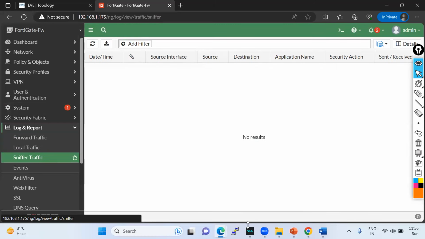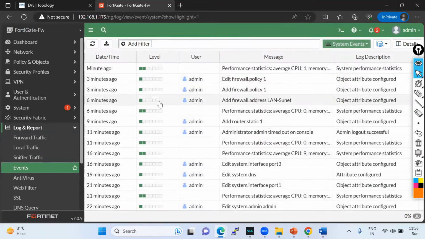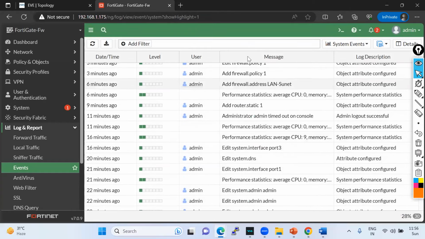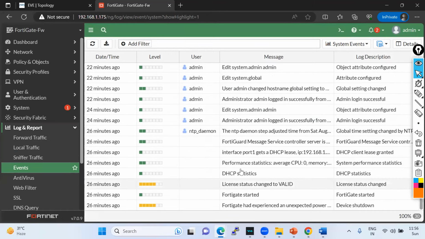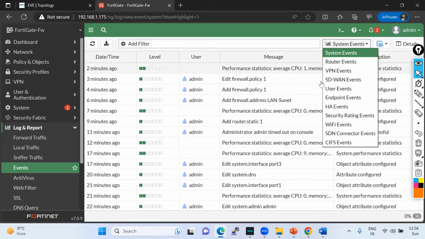All communication, whatever is happening, is going to show in the logs. There's no problem going to happen. You can see here what all configuration we have done: firewall, edit policy, user, who accessed what. So all events are showing in terms of the configuration. Whatever configuration you have done, these are all showing to you. You want to download, you can download. Yeah, you can see, this is the system configuration you want to show. So all these events it is showing, and if you want to see the router events,